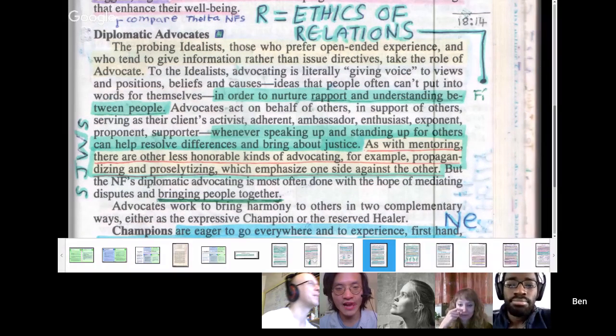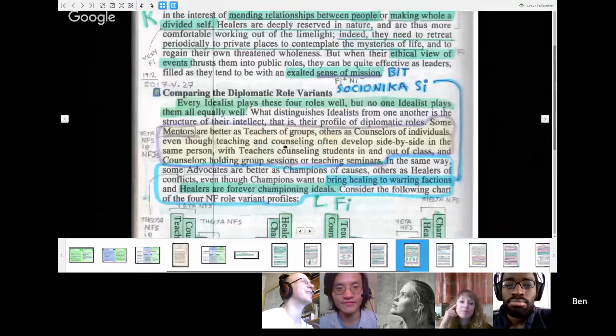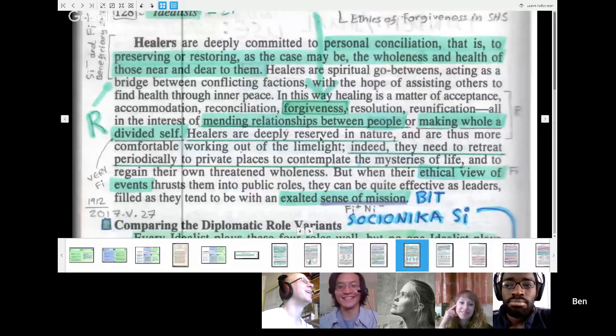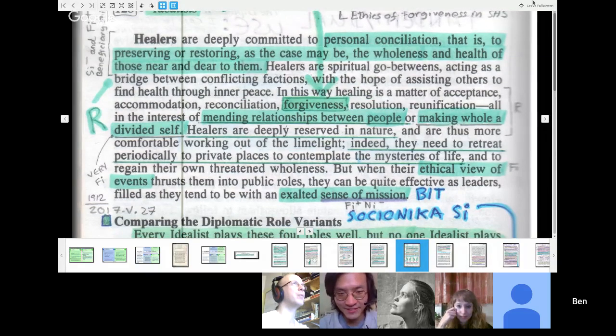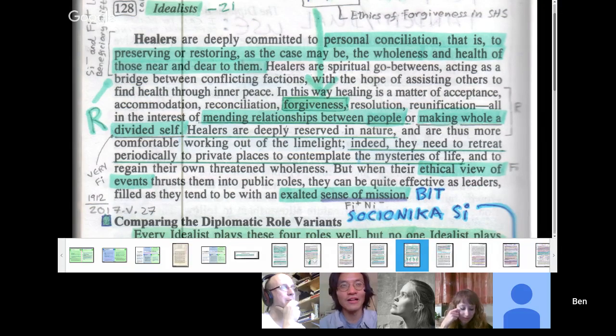So getting back to this thing here, try and squeeze Leon for some more details. Squeeze me. Yeah, so what is this thing about? Come on, this is the NF goal, making whole of a divided self. I mean, is that what you go for in life coaching? Do you do these sort of things? That's definitely absolutely true. I like to coach people. I kind of use the method of Gestalt therapy, and I don't know if this is necessarily only NFPs. Oh, come on. This is interesting.